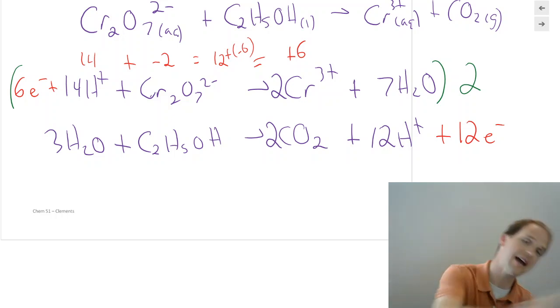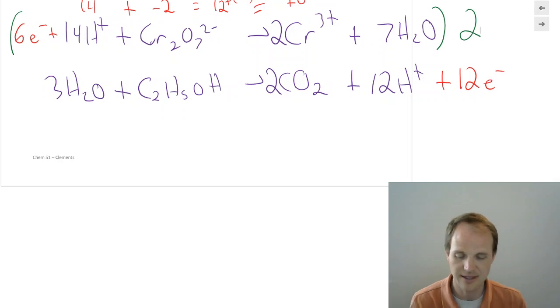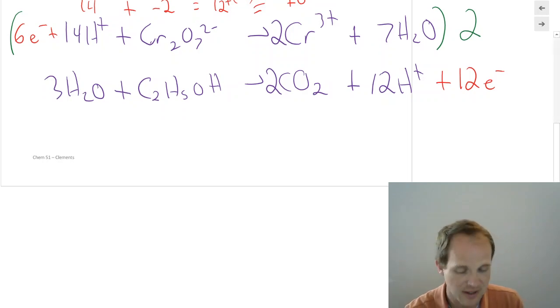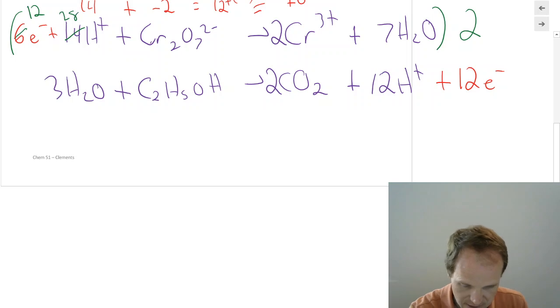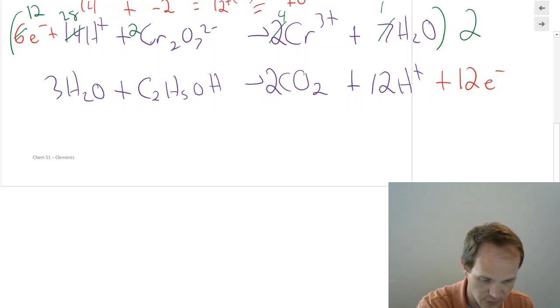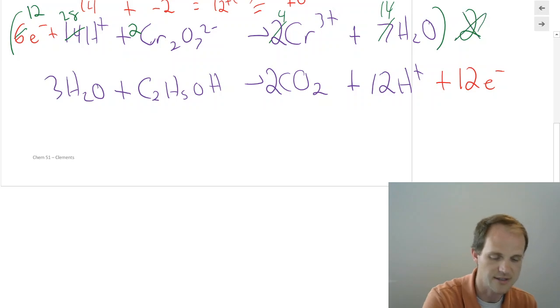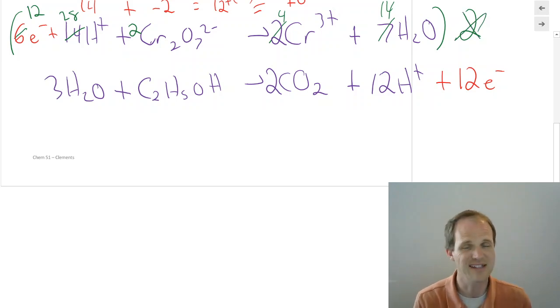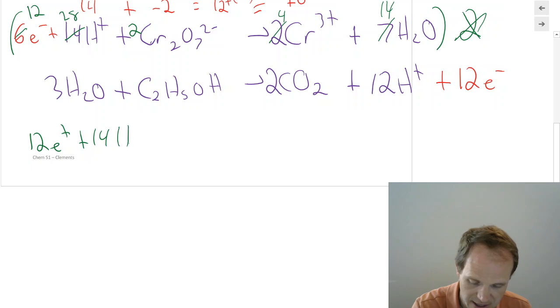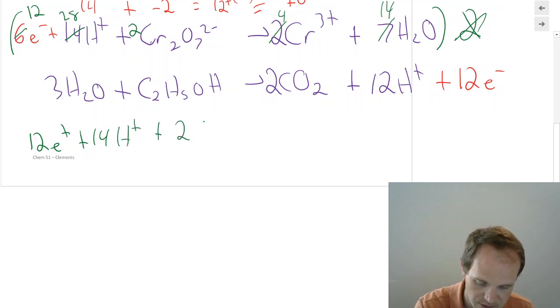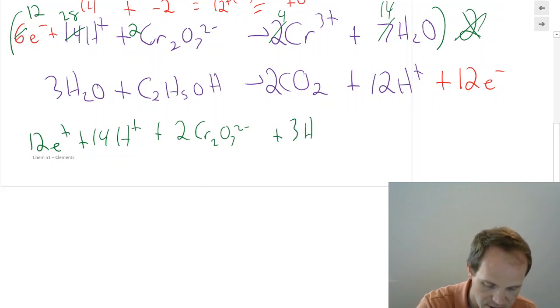Then I need to write everything out in one big long thing and cancel stuff as I go. So I have to remember to multiply everything in the first one by 2. Some people like to go through and write the 12 here, the 28, the 2, the 4, the 14, and cross that out so you don't do it twice. You can certainly do that. Like I said, I generally don't do that step. I just do it in my head as I'm doing it. Either way is fine. Okay, so I've got 12 electrons plus 14 hydrogens plus 2 dichromate ions plus 3 waters plus